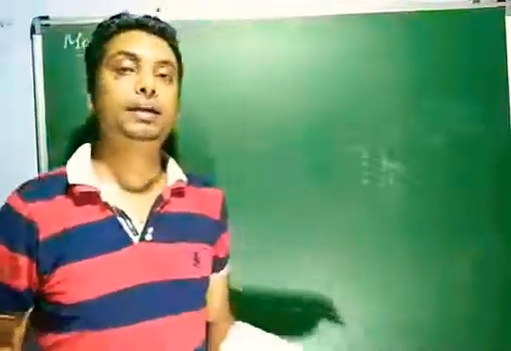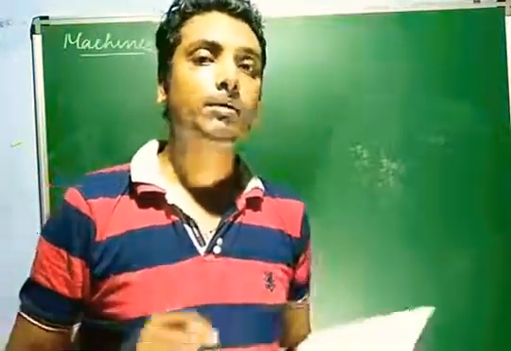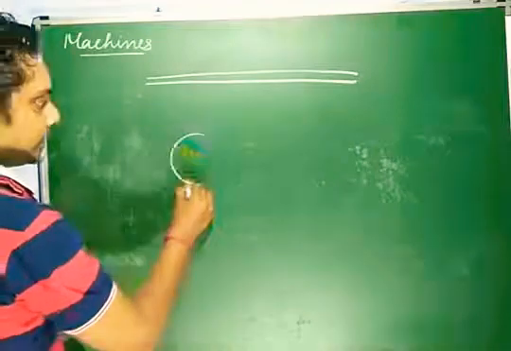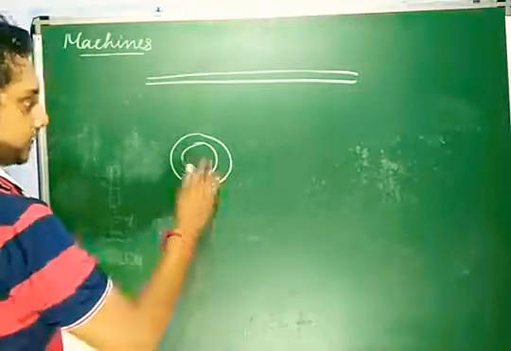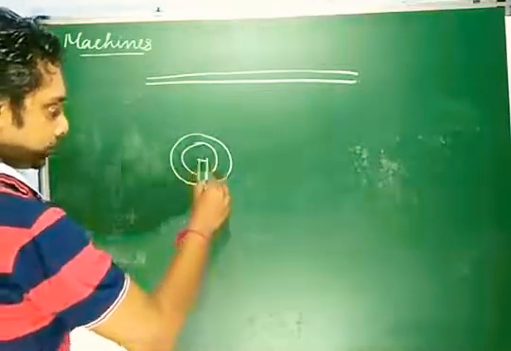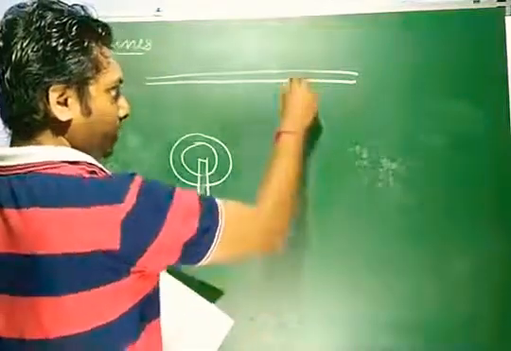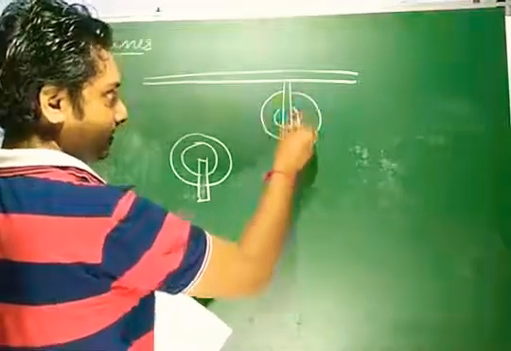How we will combine a single fixed pulley and a single movable pulley. Alright, so this is how the diagram will look. Let me do it for you. Okay, this is the platform. So from here one pulley will be there like this, and one pulley will be there like this, which is the fixed pulley.